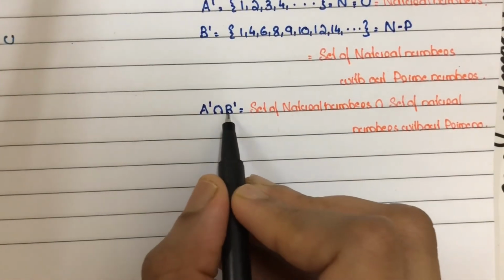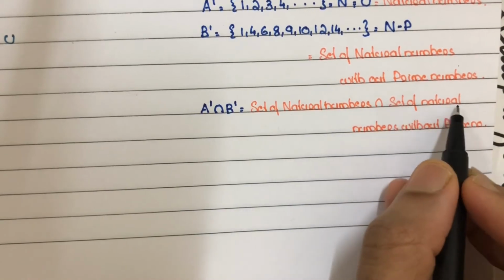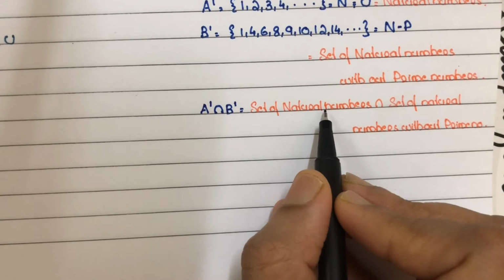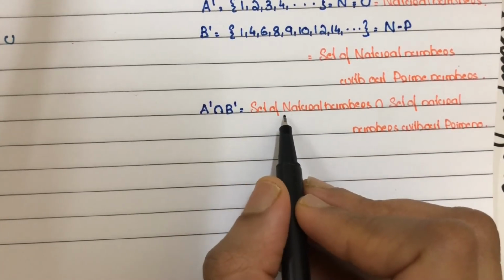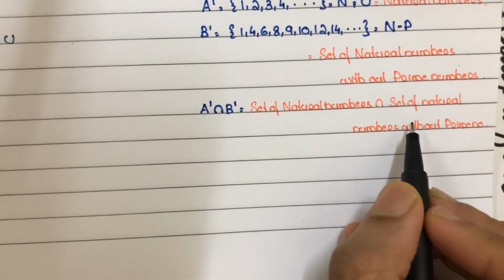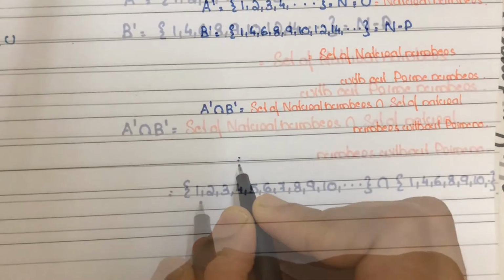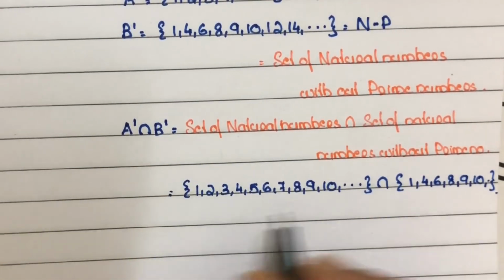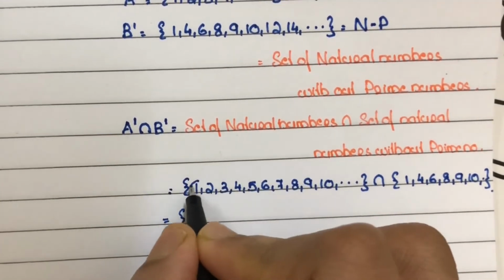So A dash intersection B dash, we can write it as set of natural numbers intersection set of natural numbers without prime numbers. Okay, set of natural numbers includes set of natural numbers without prime numbers also, right? So these elements, the set of natural numbers without prime numbers, are common. Now substitute the value of A dash and B dash. Okay. So A dash intersection B dash is equal to the common elements: